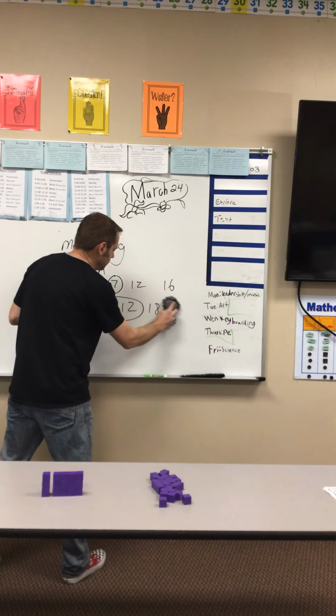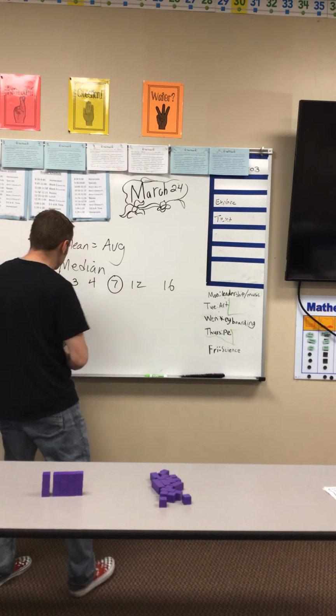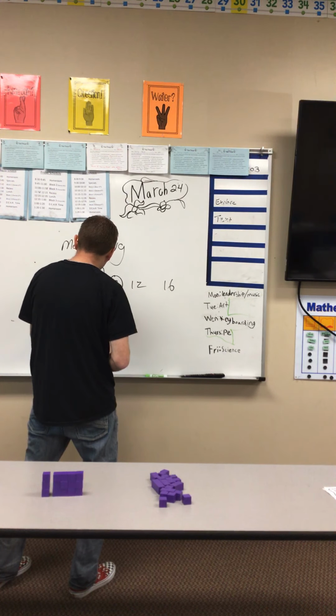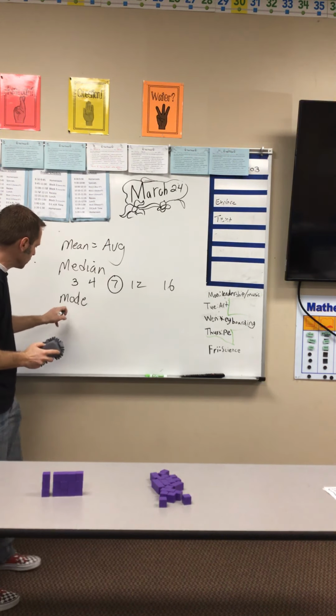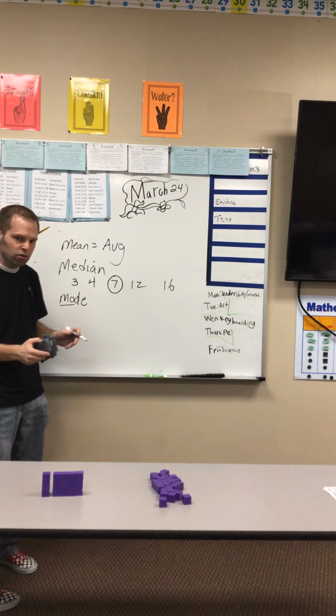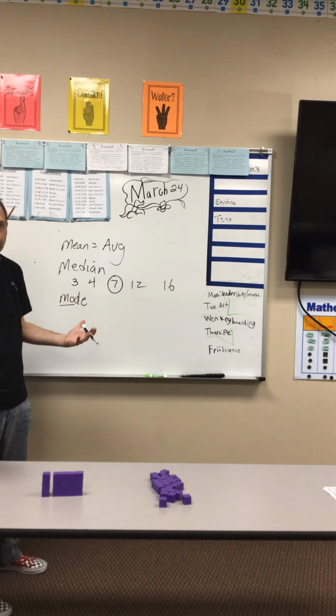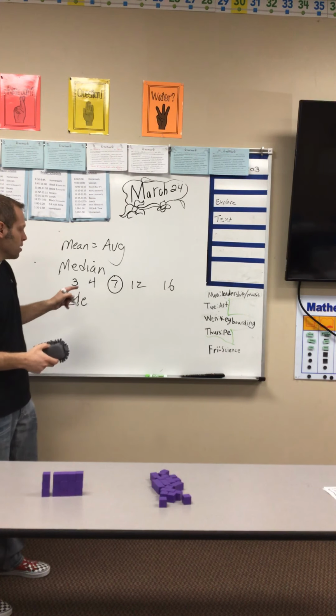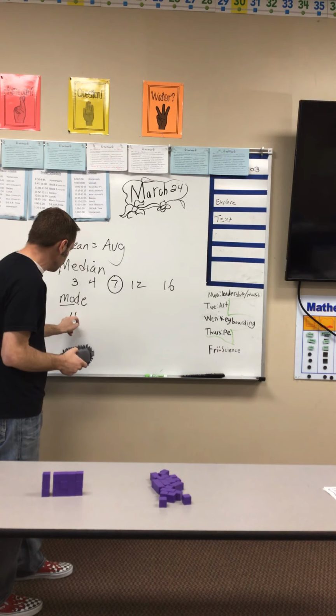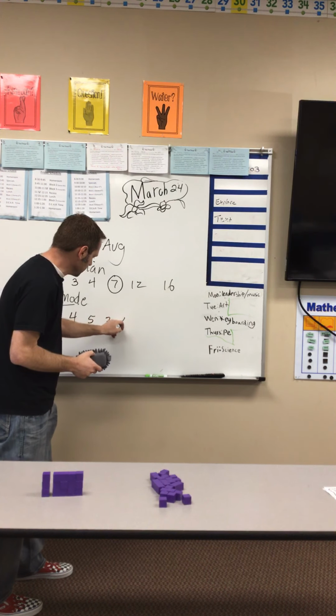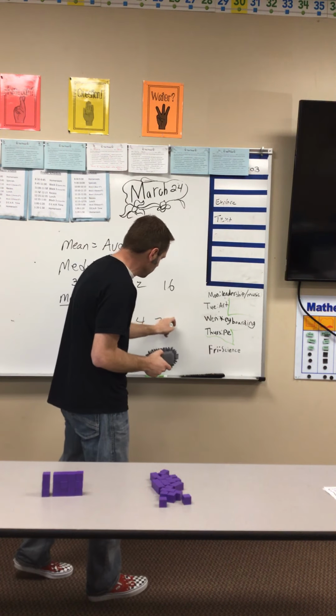Mode is the next one in my list. I remember mode. Usually I underline MO. That triggers my brain that I need to think of most. Okay? When I'm looking at mode, if I have data 4, 5, 3, 6, 4, 2, 4,